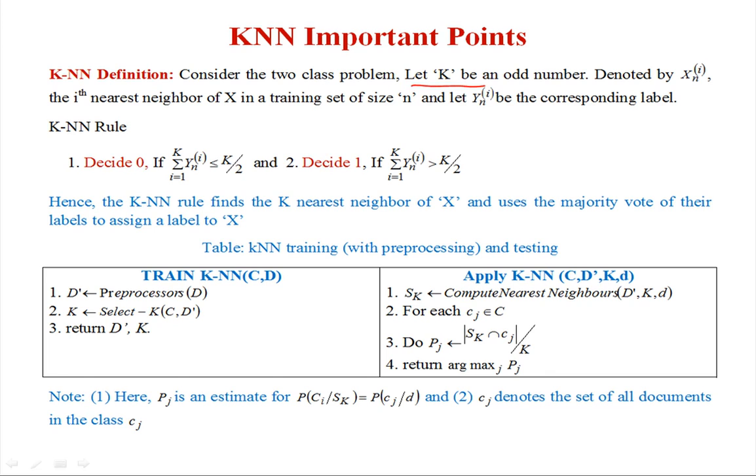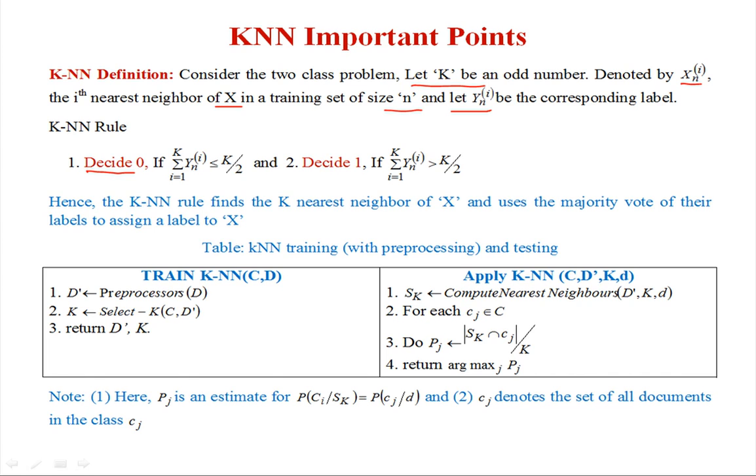Let K be an odd number, denoted by X, and let I be the ith nearest neighbor of X in a training set of n documents, similarly yn be the ith nearest neighbor of y in the training set of n. Now according to the K nearest neighbor rule, we will decide that